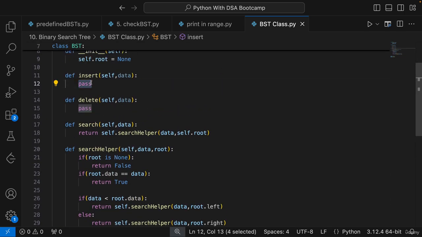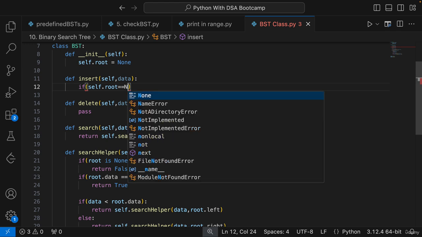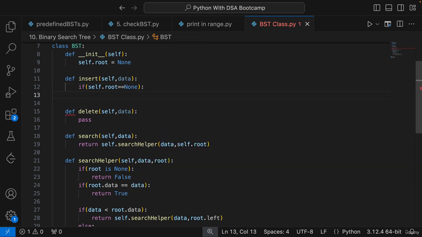I will come to insert and what is the base case? The base case I believe is very easy. Again, self dot root equals none. If nothing is there, then I'm just creating a root. I'm just creating a node and returning that. I will have to make sure that I return this because my root is getting changed. So what I effectively mean by that,